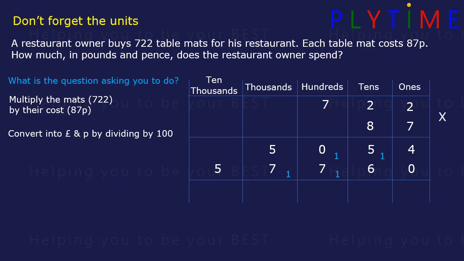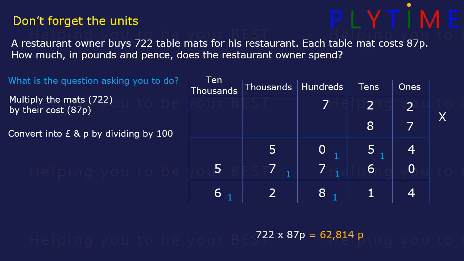Now we need to add these together. 4 plus 0 is 4. 5 plus 6 is 11. We write the 1 and carry 1 forward. Then 7 plus 0 plus the 1 carried forward is 8. 7 plus 5 is 12. Write the 2 and carry 1 forward. And 5 plus the 1 carried forward equals 6. So the cost is